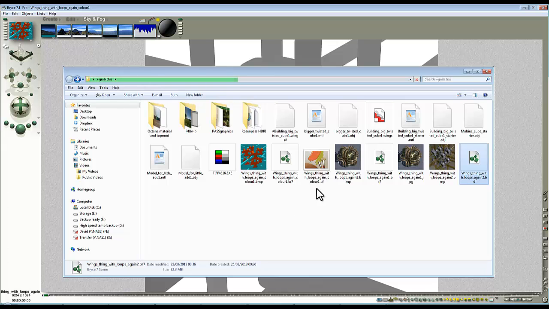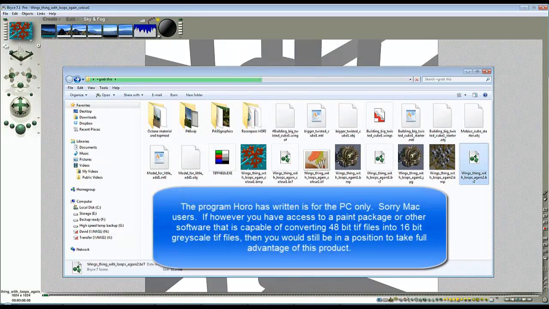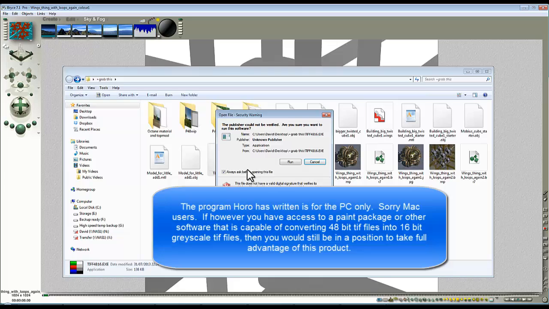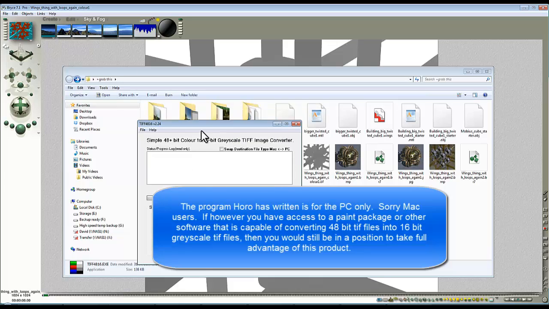The next step, this TIFF can't be read by the terrain editor natively. It needs to be converted into a 16-bit grayscale image. We've got all the information there, but the terrain editor won't accept it. Horo has written, for the PC node, this little program, and what it does is it converts